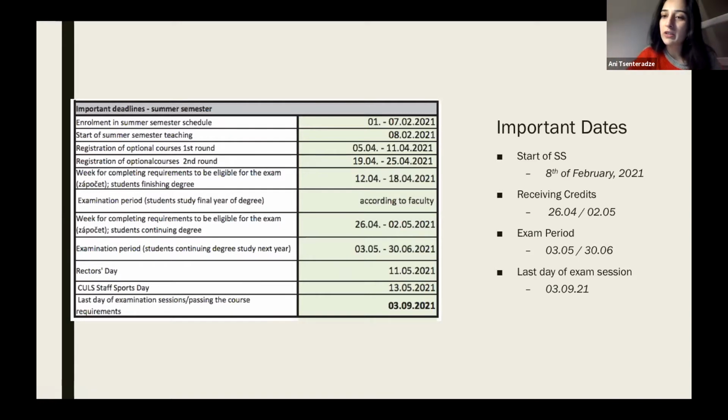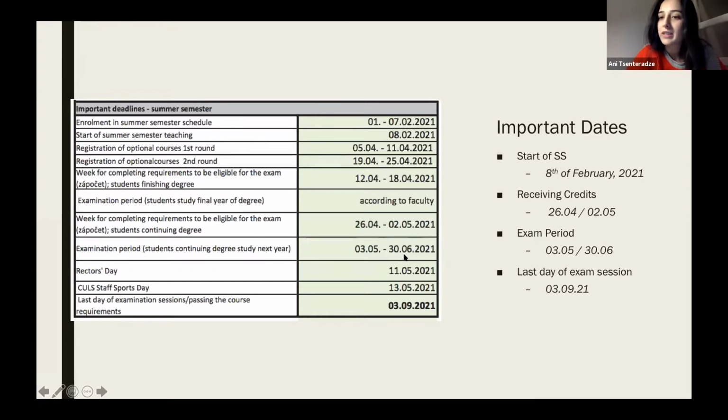Usually those are done by the credit tests or midterm exams, as you probably know. And then the exam period starts from the 3rd of May and lasts till the 30th of June.